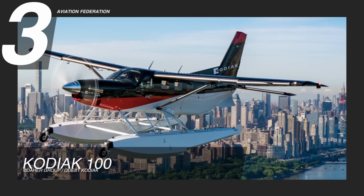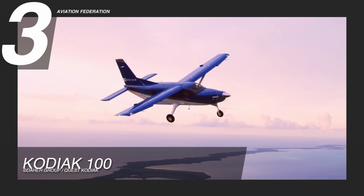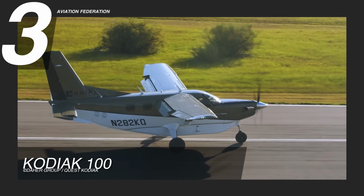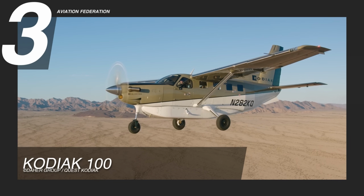At number 3 is the Kodiak 100. This Kodiak plane is an American utility aircraft built by Quest Aircraft, and it is easily identifiable by its fixed tricycle landing gear. It is powered by a Pratt & Whitney Canada PT6A34 turboprop engine, allowing it to reach a